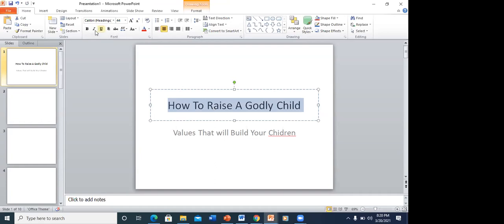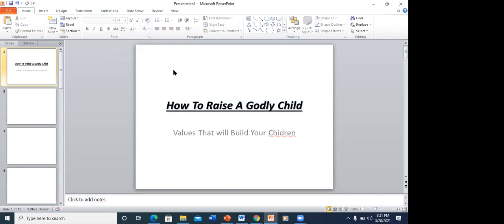Then I go to where you have bold here and I click, it becomes bolder. If I want it in italics, I click on italics. If I want to underline that text, I can underline it. If I want to give it some effect by adding shadow, I can add shadow to it. When you click outside of it, you see how it comes out.